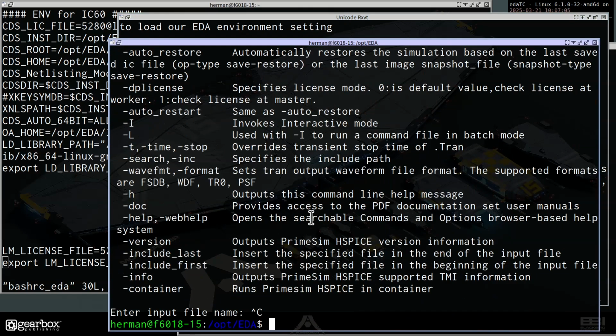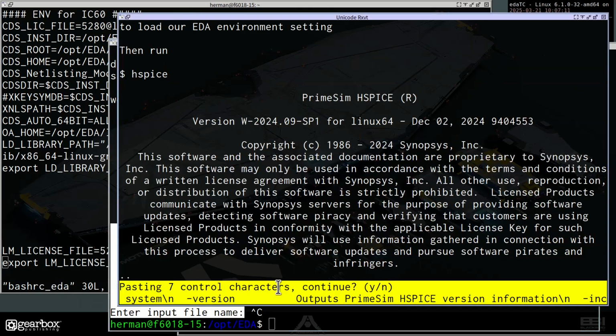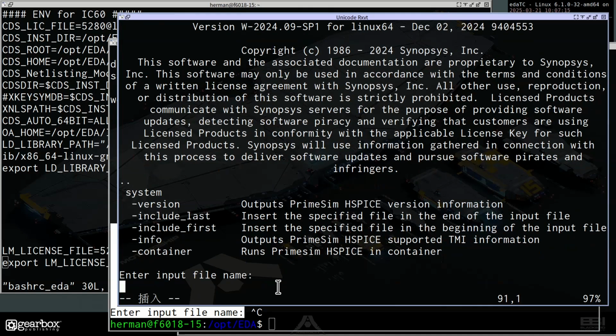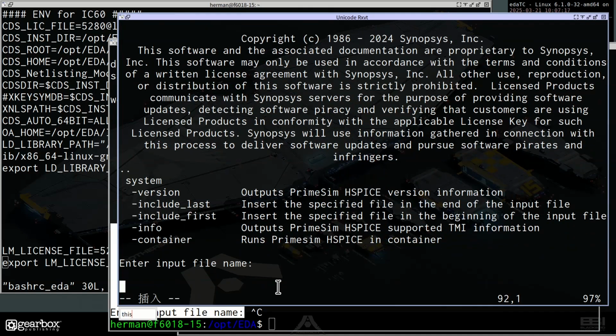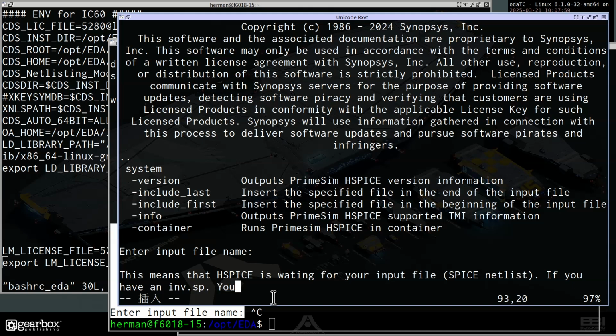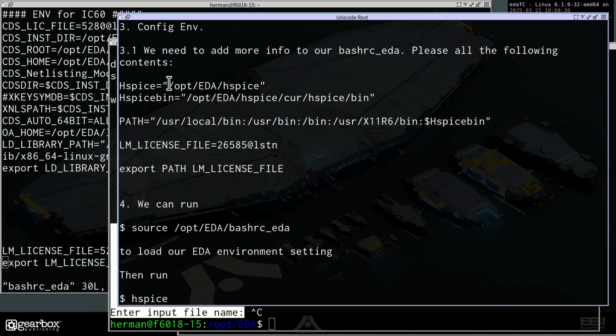Then it will need us to input a simulation file. I will let you include all this in the bashrc.eda. Later, you need to configure your HSpice and run the system.